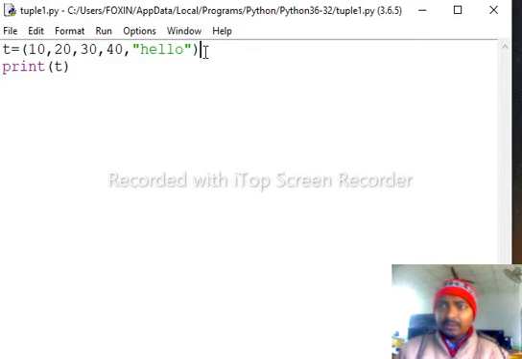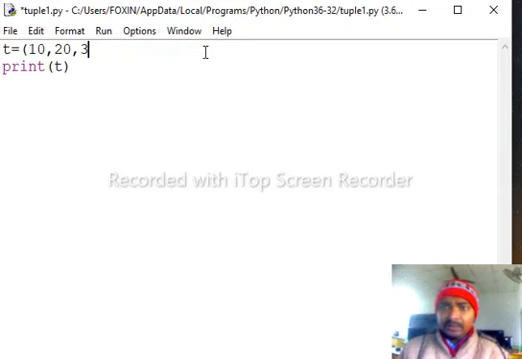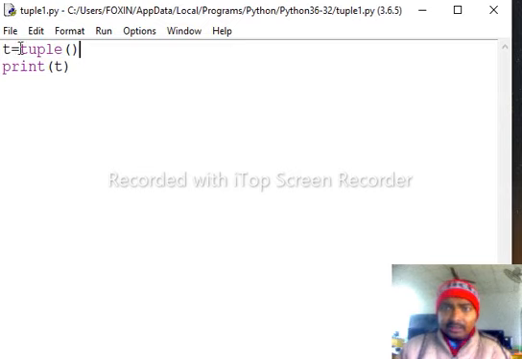Suppose I want to create a tuple, then the simple thing is to use a function called tuple, then use parentheses. In this case, this tuple function creates one empty tuple and stores it inside the variable t, then print t. The output of this program is an empty tuple.